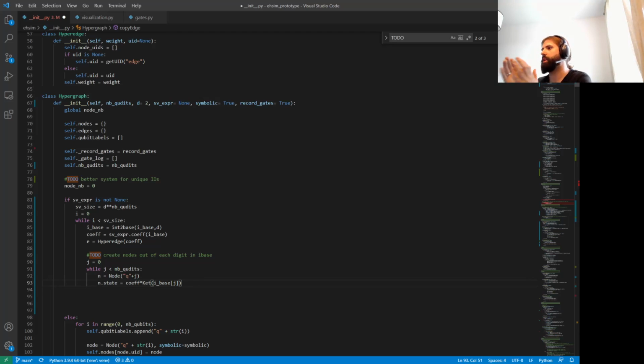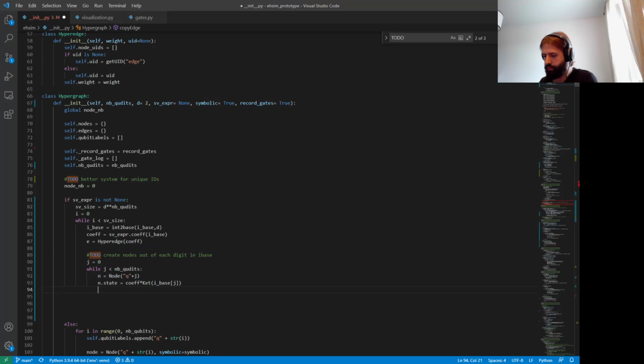So that's the digit in that string. That specific qubit is in that state exactly. And now I'll say self add node to edge, and I say n UID, and the edge is basically UID. So for each element in the state vector, I'm creating an edge, and then for each digit in the correct base, I'm creating a node, and this node